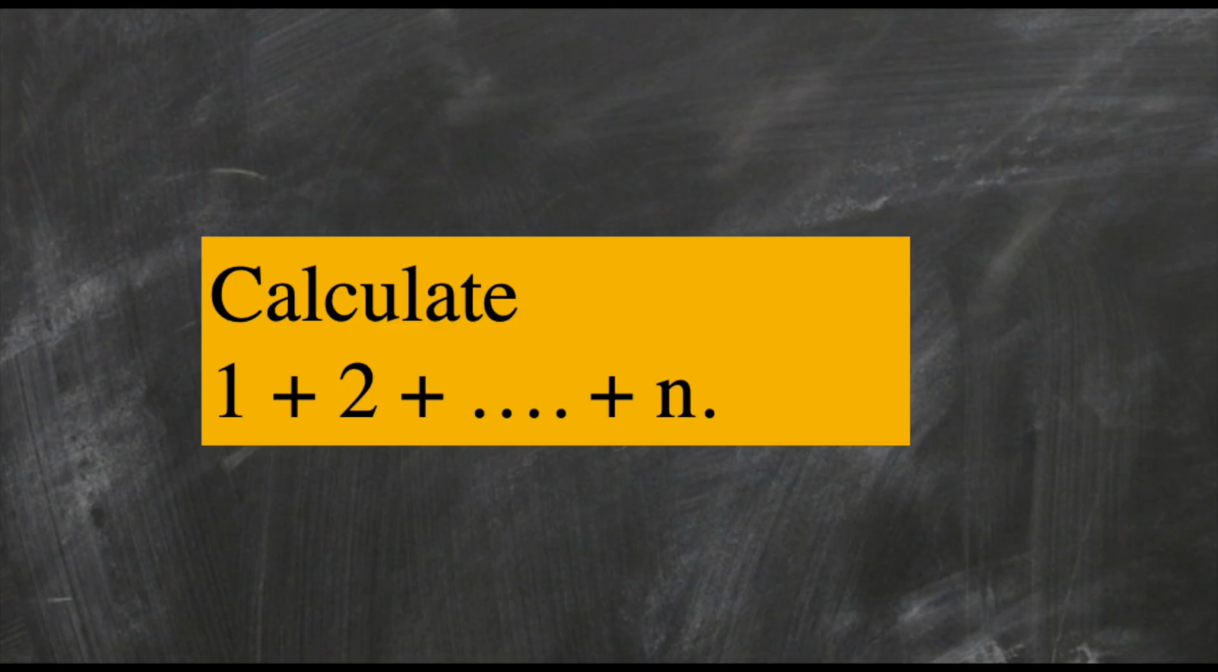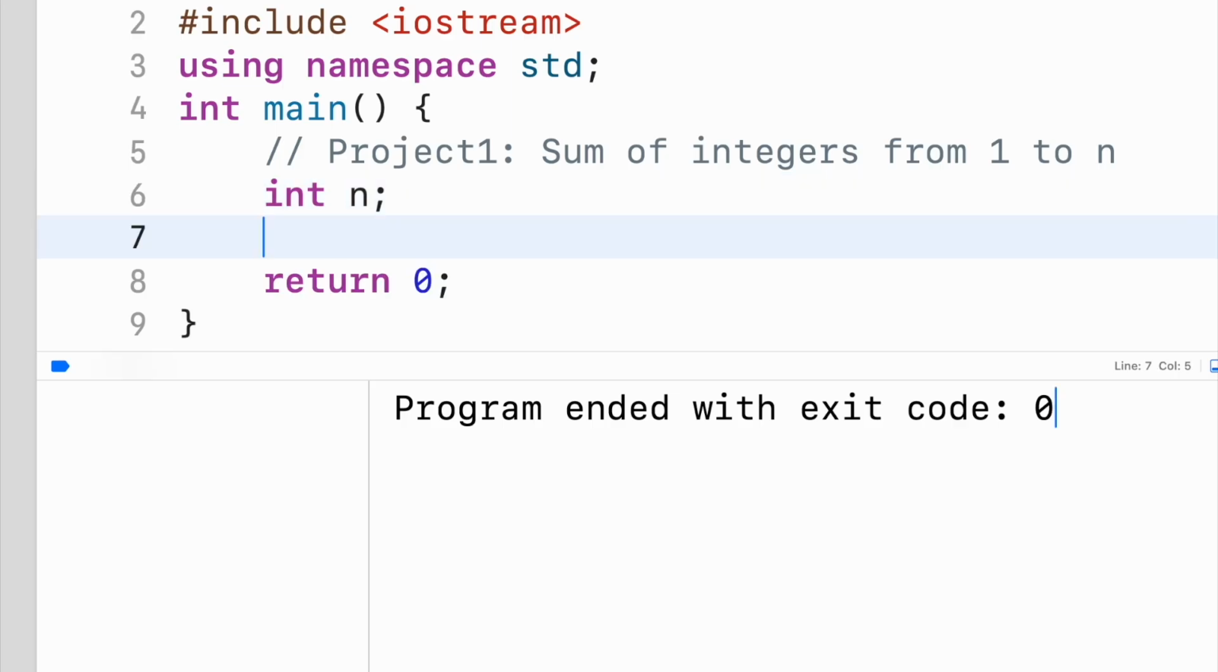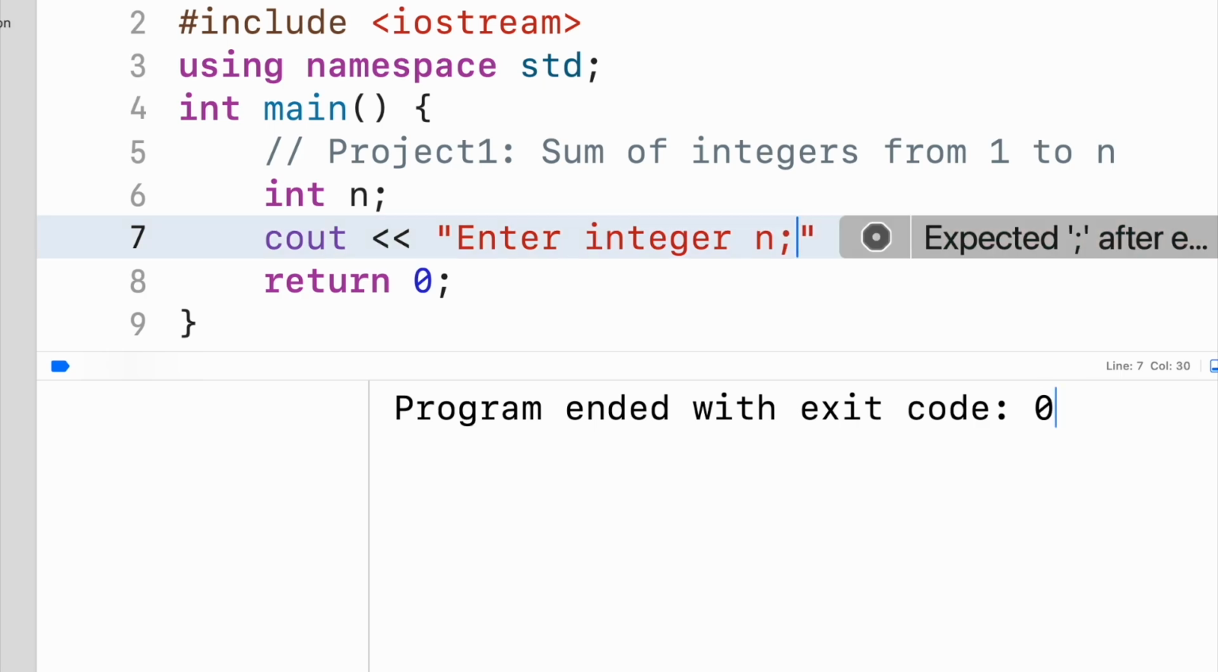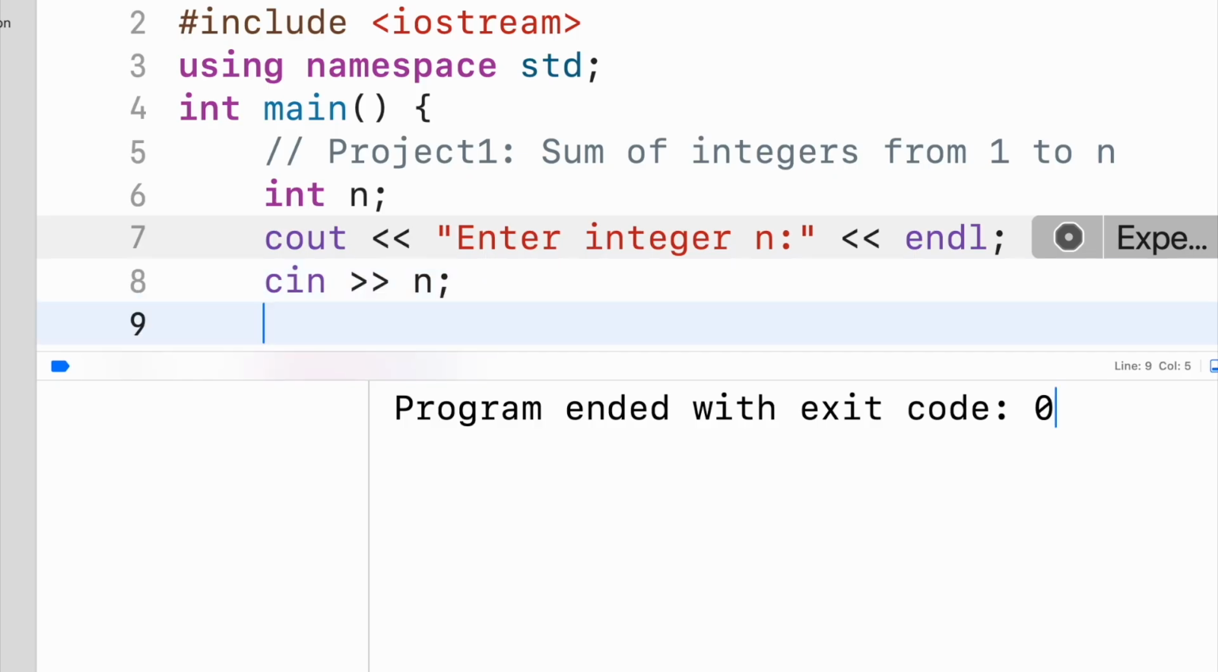In the first part of this video, using do while, we want to calculate the sum of integers from 1 till n. So let us start with taking integer n, because we want the user to enter integer n. So we ask the user to enter integer n, then next line. Now we take it using cin, see the video in the caption,